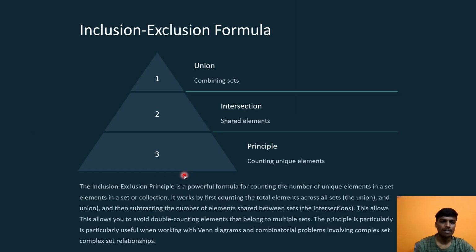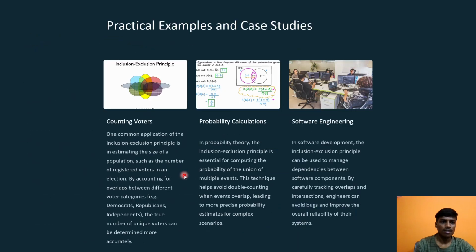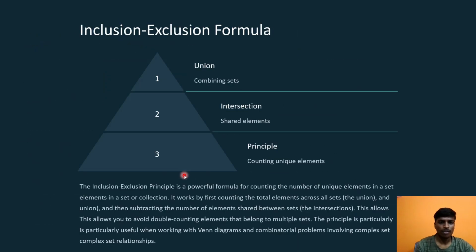So, the inclusion and exclusion formula. The inclusion and exclusion formula contains union, intersection, and principle. The inclusion and exclusion principle is a powerful formula for counting the number of unique elements in a